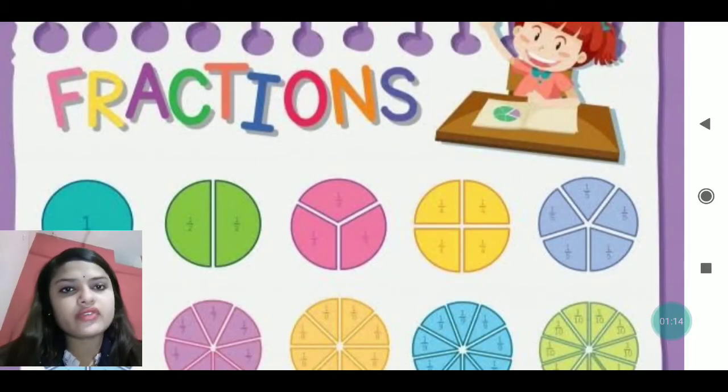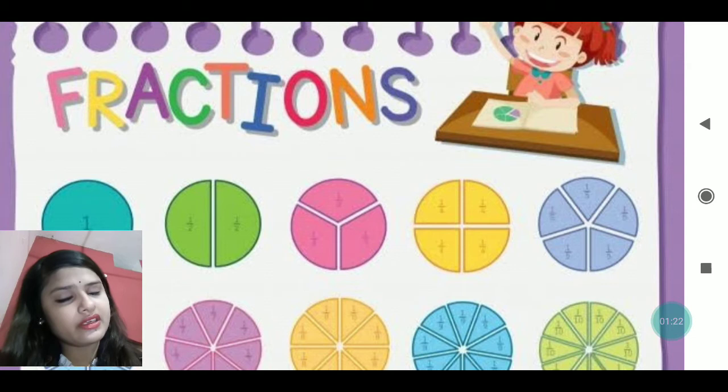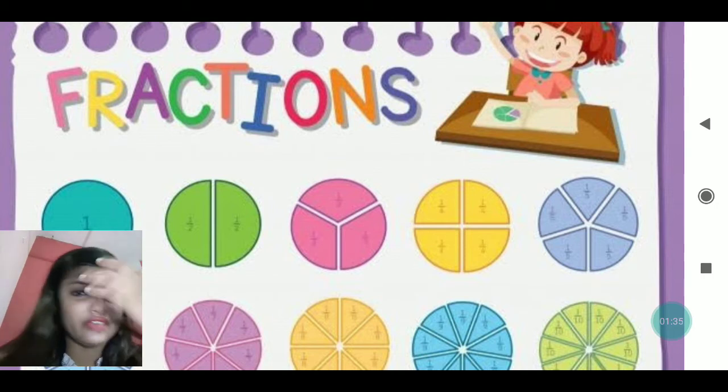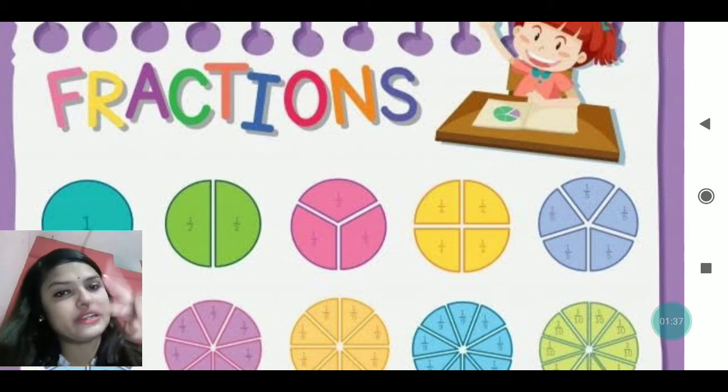You can see we are again moving with the fraction chapter only. The number of divisions are given. There is a whole. It is divided into two parts, three parts, like this. Different kinds of division have been shown with one single circle. So you can observe that the number of divisions are different. One time maybe it's two, we have divided it in two parts only. In the next, three parts. In the next, four parts, and like this it is going on.